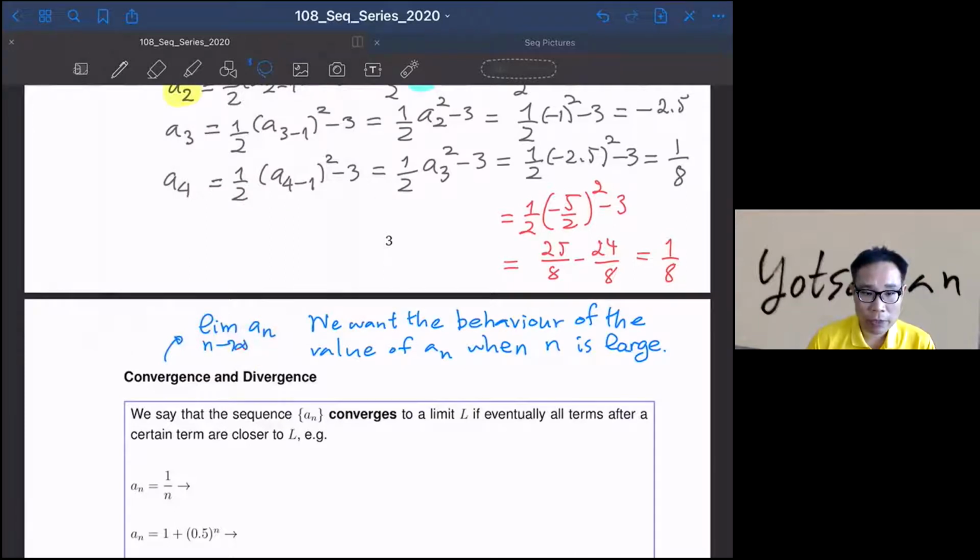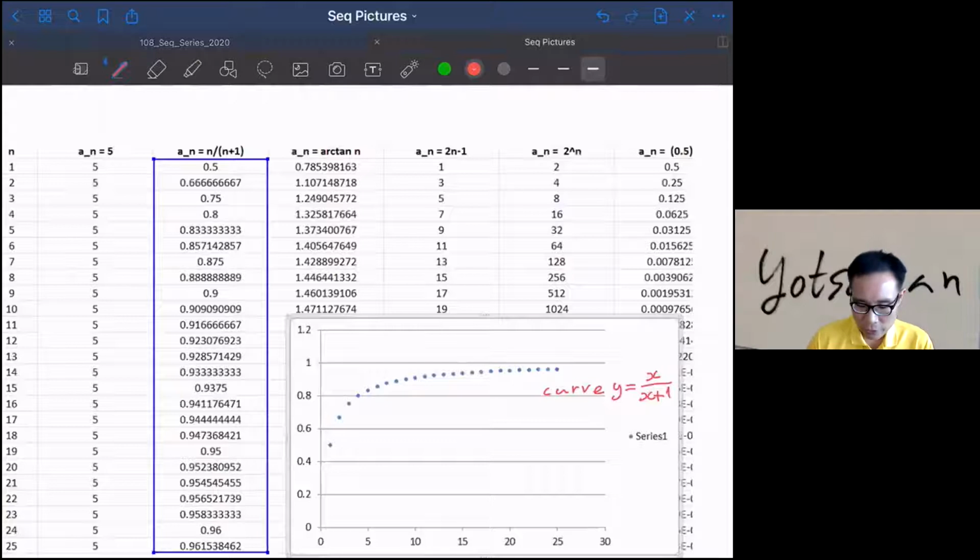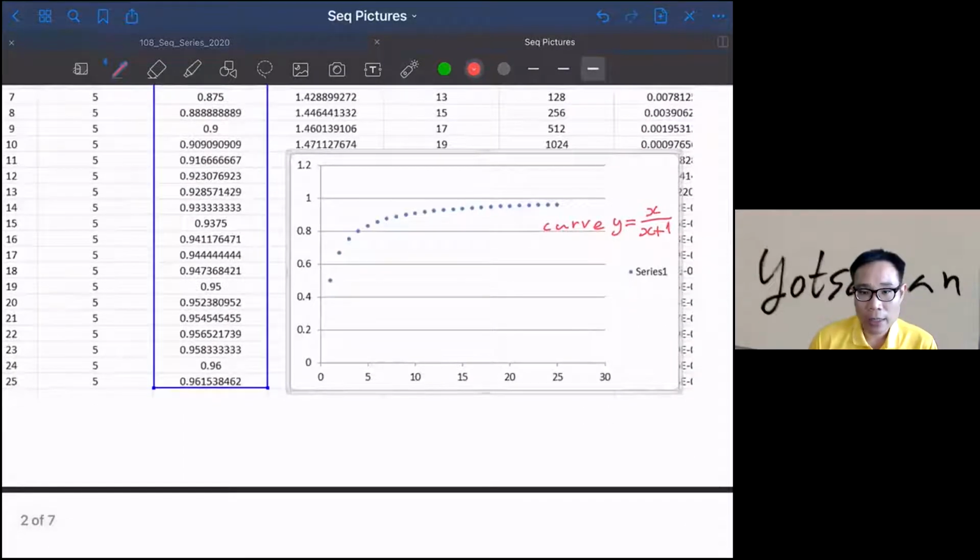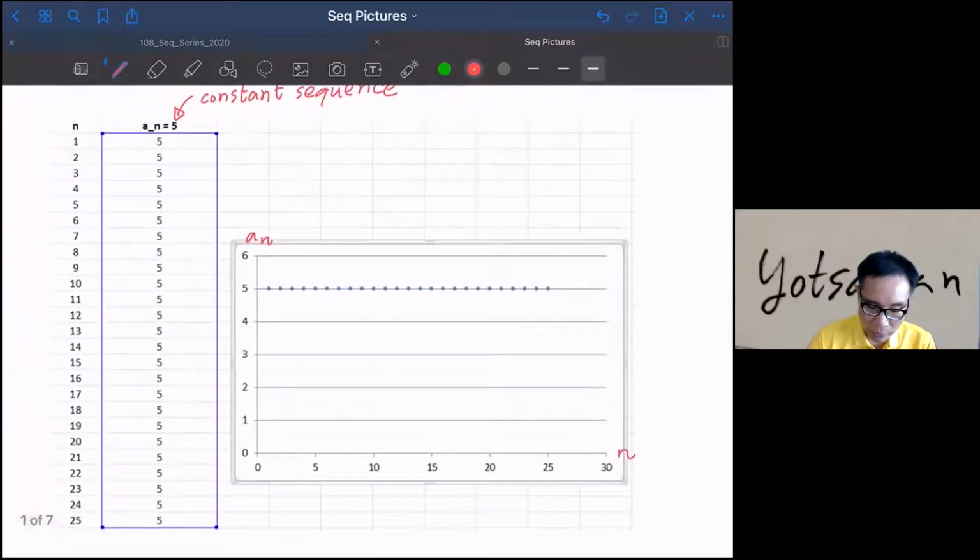Okay, so we're going to spend time studying the limit as n goes to infinity of a_n. Let's see the picture first. You see here that if you increase n, let's do the first example, this sequence continues going to 5. So in this case, we're going to say that the limit as n goes to infinity of 5 turns out to be